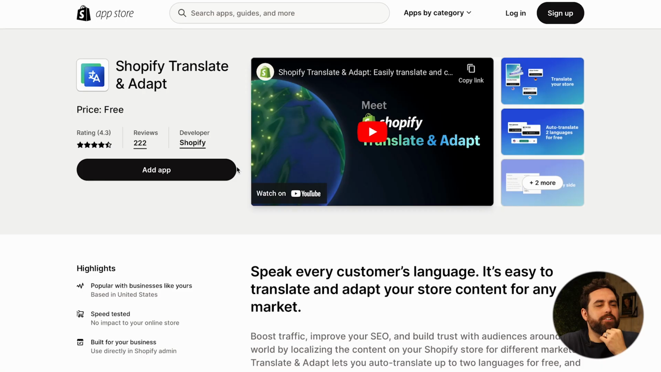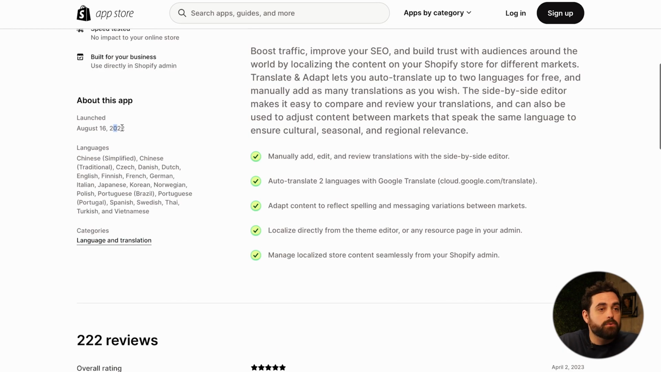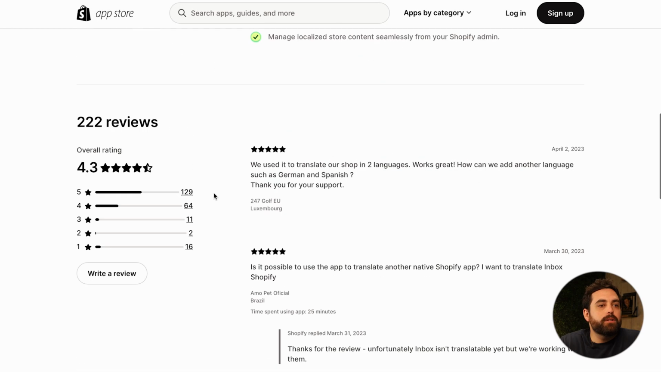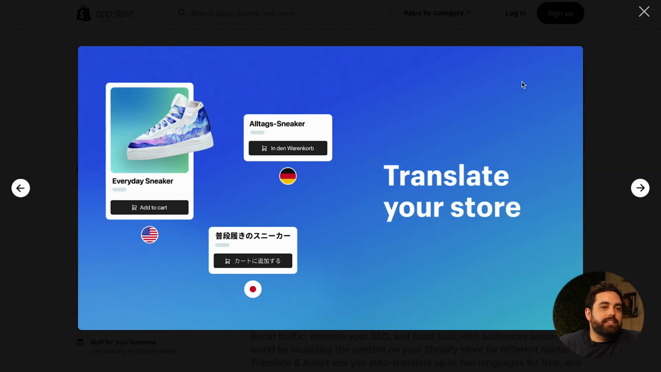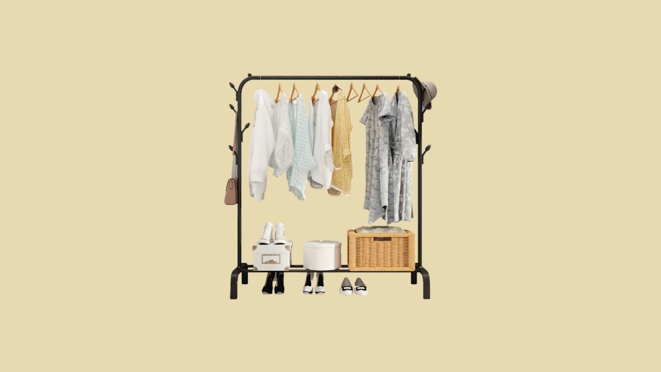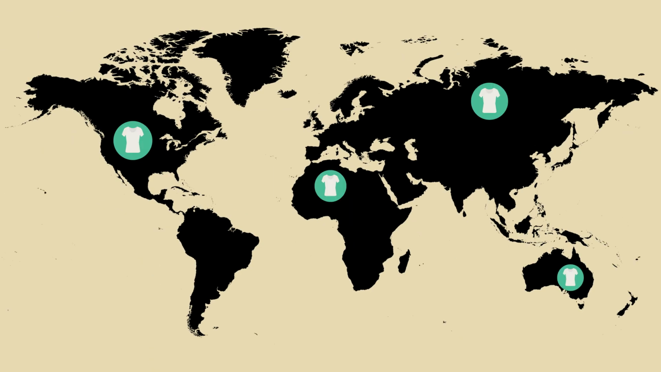All right, Shopify Translate and Adapt. Now this one is new. Yeah, 2022. Okay, that's better. This one has the ability to translate your store. So again, for clothing stores that are in multiple locations or selling to multiple countries, Translate and Adapt is going to be really good. We've used it recently for a store, and it's really nice. It may be a little bit confusing in how you do it, but once you have your Shopify Market set up,